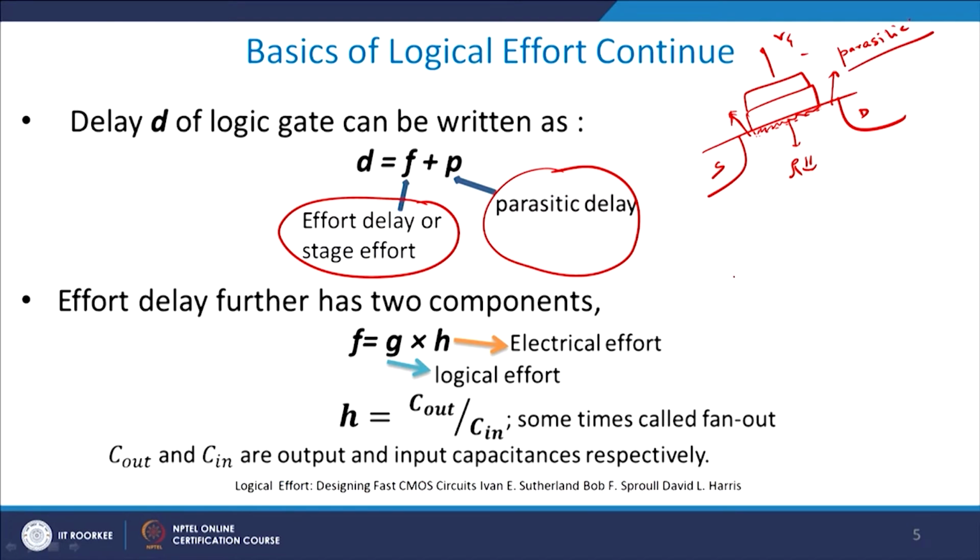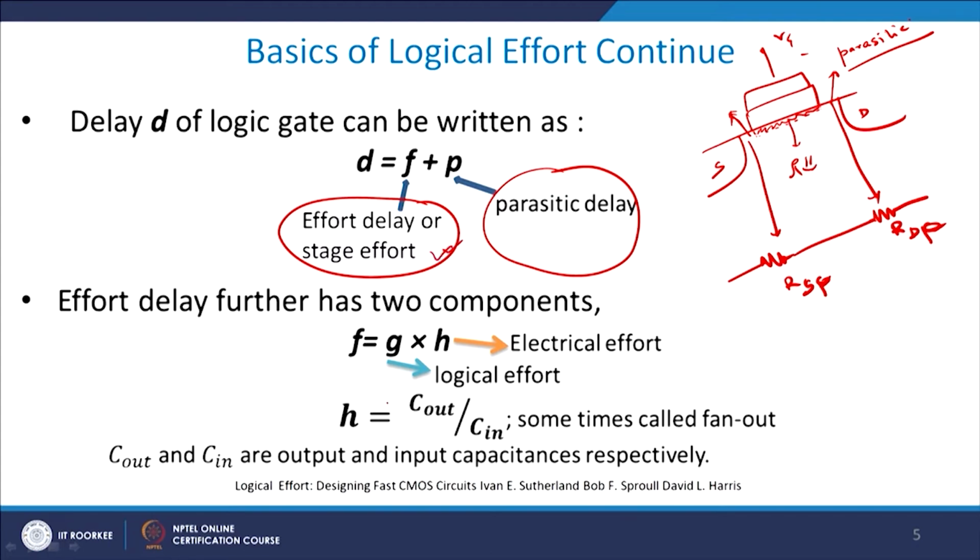So, what will happen is something like this. It will be 1 R here corresponds to this, and then you have a straight wire, and then 1 R will be here. So, this is R1 and this is R2, or RS and RD. So, RSP and RDP. DP is the drain side parasitic and S is the source side parasitic. So, the delay is one delay by virtue of this, and you will also have a stage